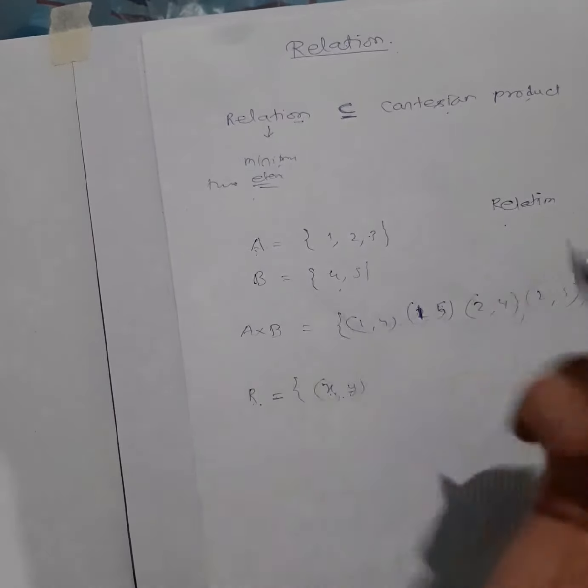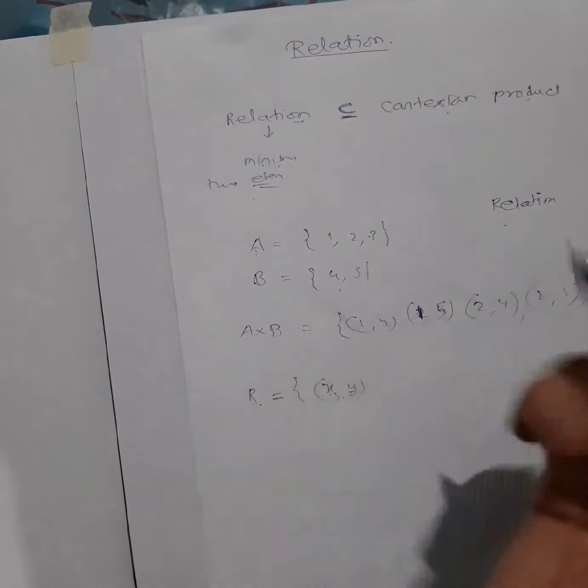If I define the relation like this, right? You can see between x and y, what is the relation? Less than is the relation. X must be less than y. So those kind of elements only must be here, because it's a relation set. In a relation set, remember ordered pairs will be there. Which kind of ordered pair? The one where the first element and second element of the ordered pair must have a relation. Which relation? Whichever relation is defined. So what is the relation defined here? X less than y.